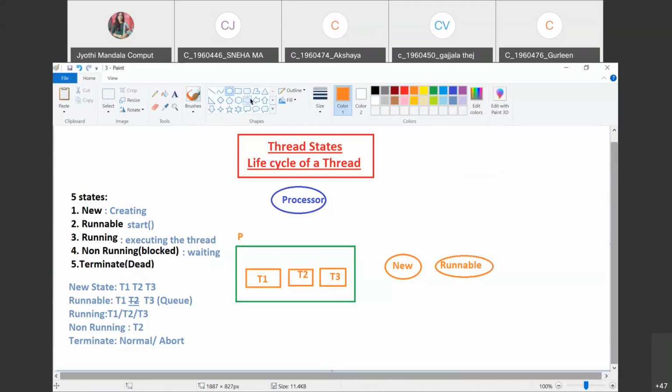It will be moved like this, from here to here. After the runnable state, we will have a running state.